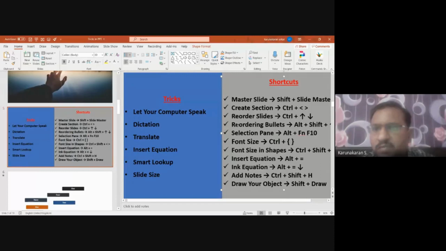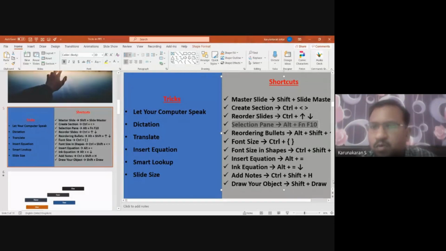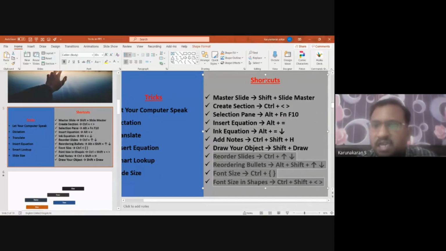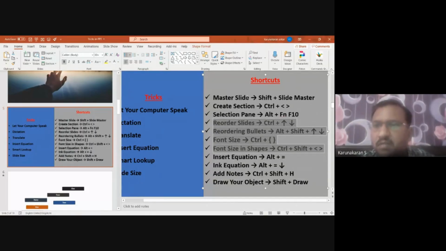Instead of all that, let me show you. I need to move this section pane upward. So press Alt, Shift, and use the upward arrow. I can move it to any position that I want. Or for example, if I need to move continuous topics, I can select any number of topics, all these topics, press Alt, Shift, and move. So I can place it anywhere I need. These are the shortcuts that are available here, which will be easier for us to work with.